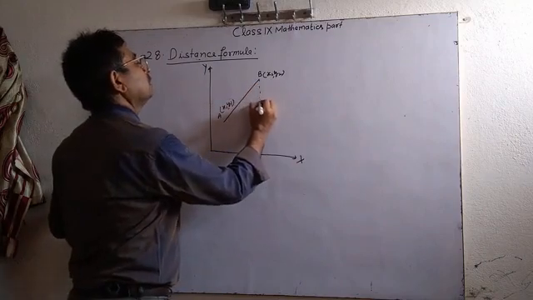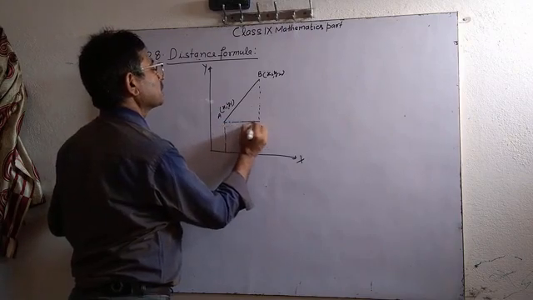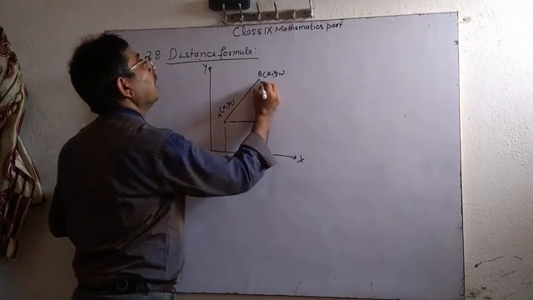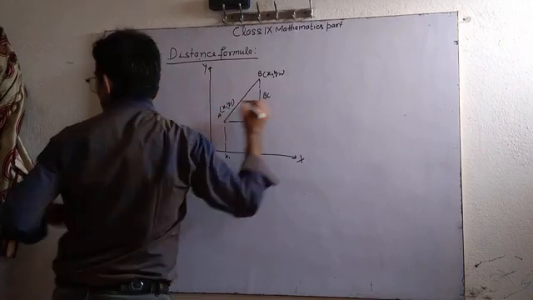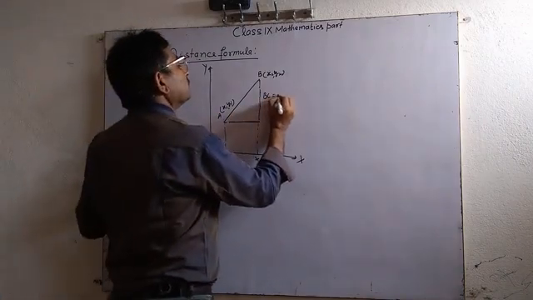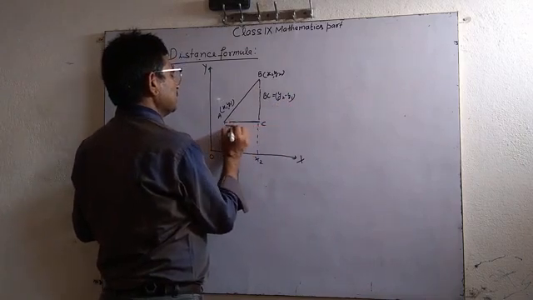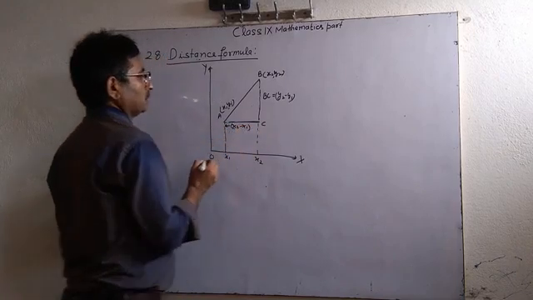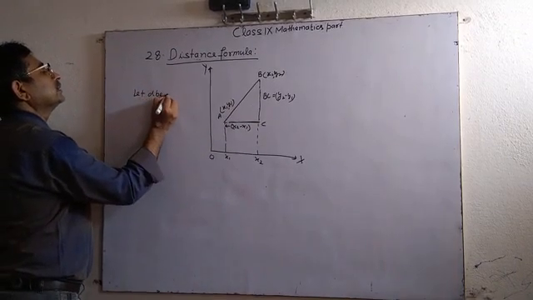Draw the perpendicular from B and A on the x-axis. These intersect at x1 and x2. Now BC is equal to y2 minus y1 and AC is x2 minus x1. Let d be the distance